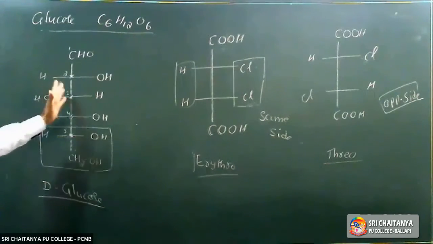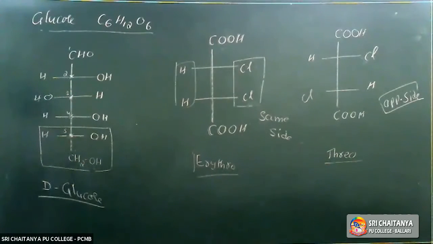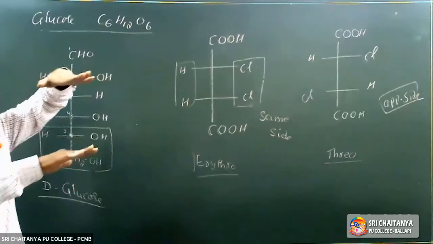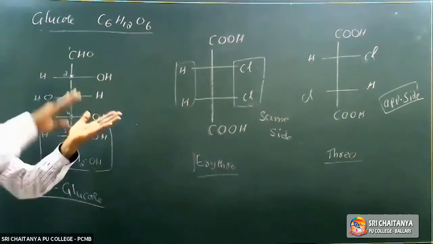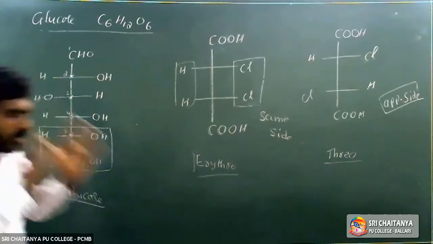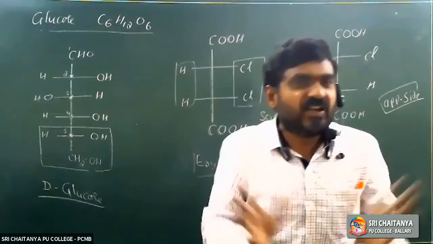So what is the racemic mixture? An equimolar mixture, 1:1 ratio, of dextrorotatory and levorotatory compound is called racemic mixture. Meso compound means the first half is a mirror image of the second half. So it is a meso compound. So meso compound is optically inactive. Racemic mixture is also optically inactive.